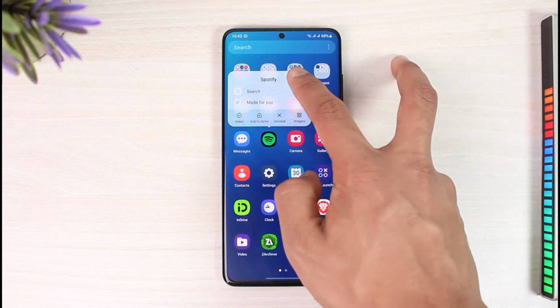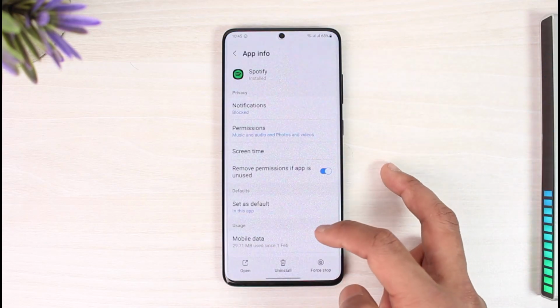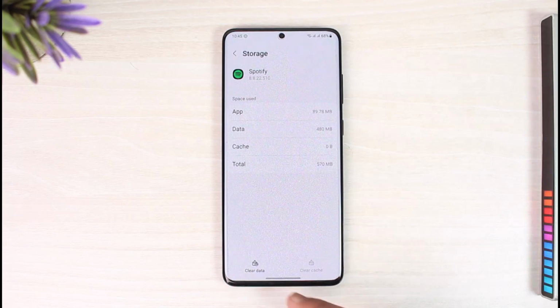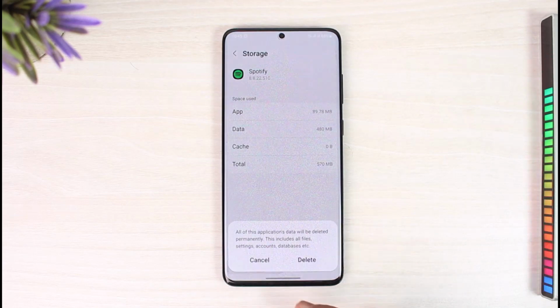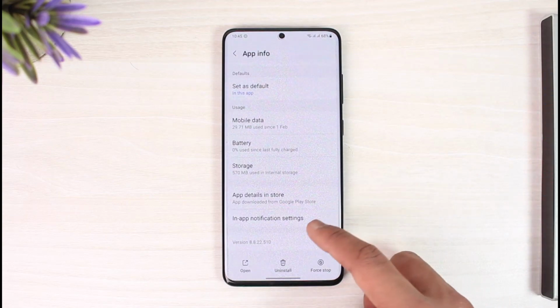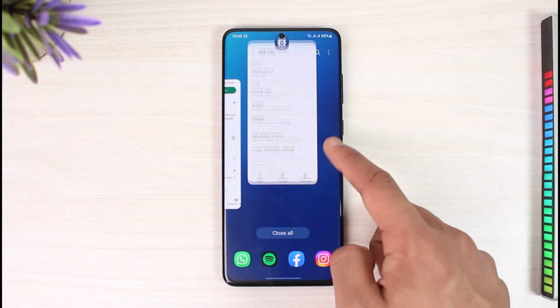Long press on the Spotify app icon, tap the I button over here, then scroll down, select storage, tap on clear cache. If possible, also clear the data. Now if you've downloaded any songs on Spotify, clearing your data is going to delete those downloads, so keep that in mind. After that, what you want to do is just come back, and last but not the least,